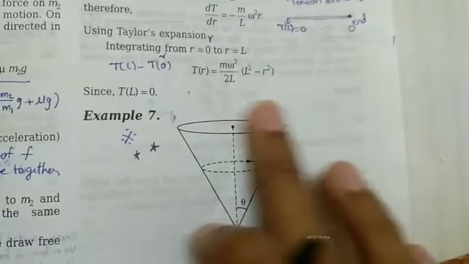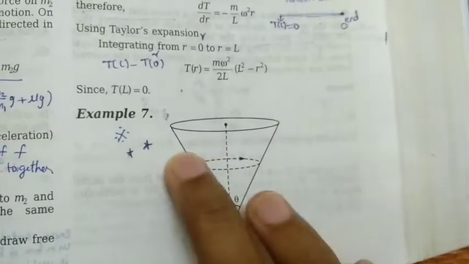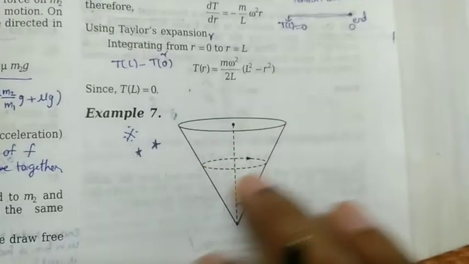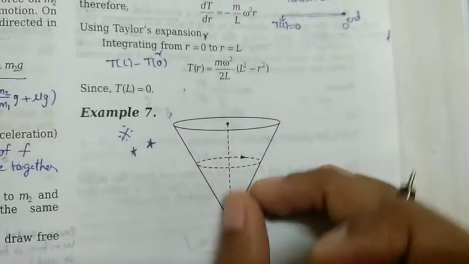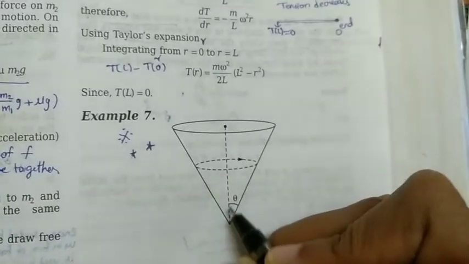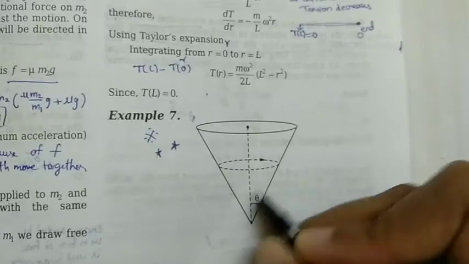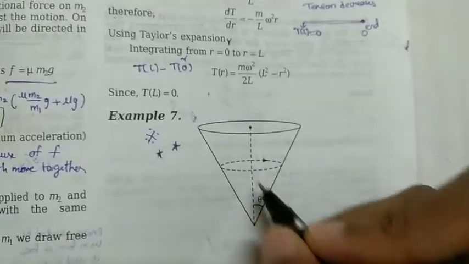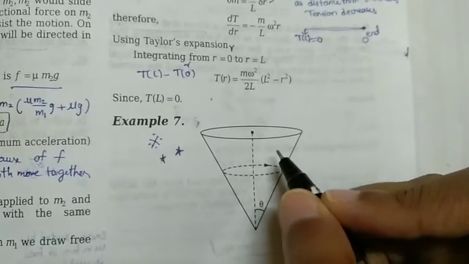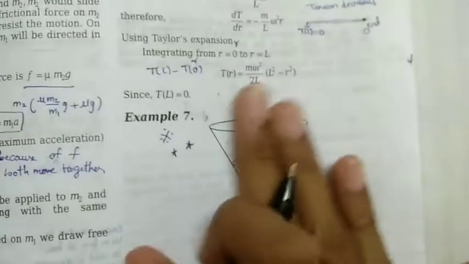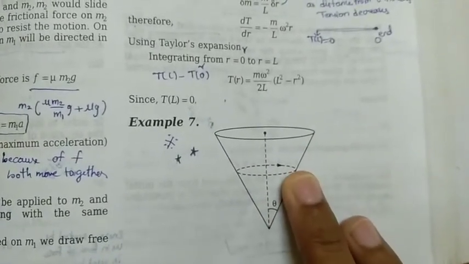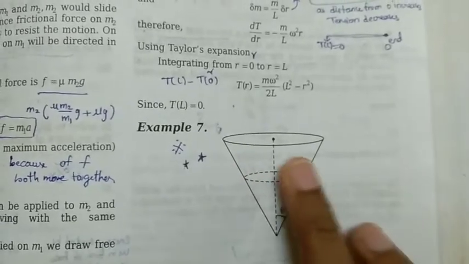So this is the cone, and inside this cone the particle is circulating, moving in a circular path, and this is the apex angle of this cone. The apex half angle is given, and the particle is moving in a circular path with velocity v without falling down. The cone is frictionless, so we need to avoid frictional force. And what we have to find out is the radius of this circular path.